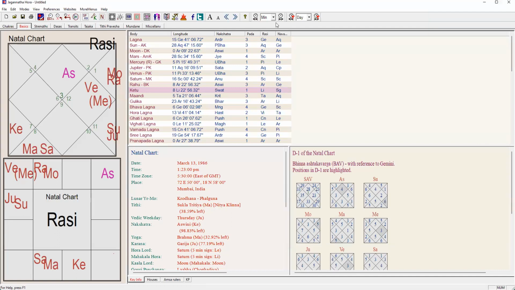So in Kalsarpa yoga, the strength of Kalsarpa yoga depends upon the Malika yoga, like how many houses are occupied in between Rahu and Ketu. Strength depends upon them, so according to that Rahu and Ketu will create trouble. Even in Nadi Jyotish. Now, these are the same people who don't know Nadi astrology, who are saying Kalsarpa yoga does not exist. If you read Nadi books, they say if any planet, not only Rahu Ketu, has a number of empty houses, the person's life will become a struggleful life.